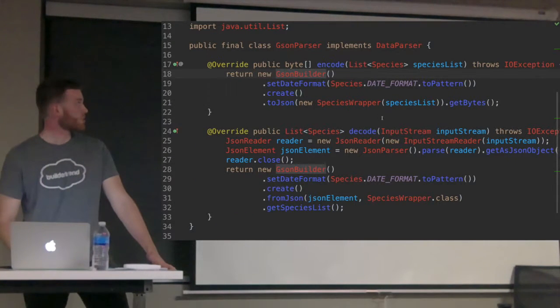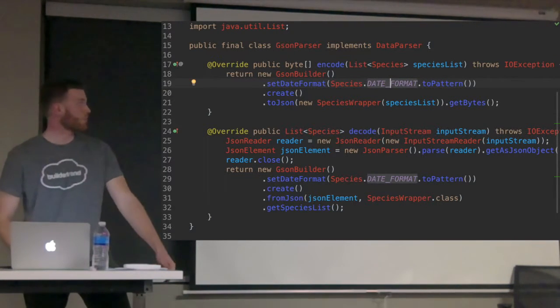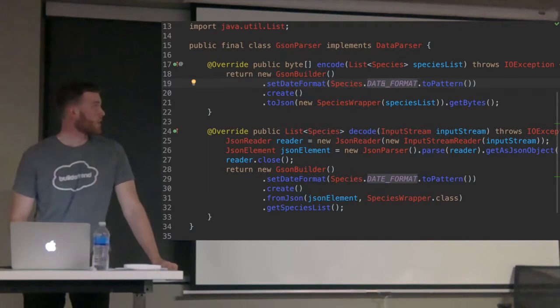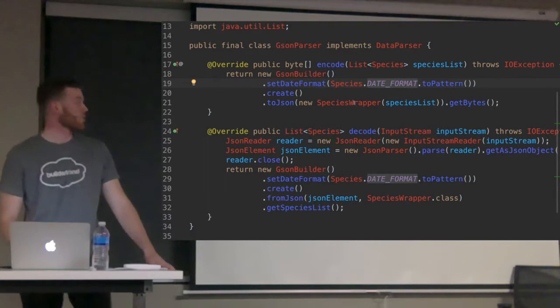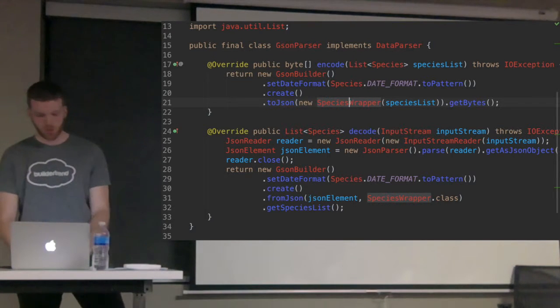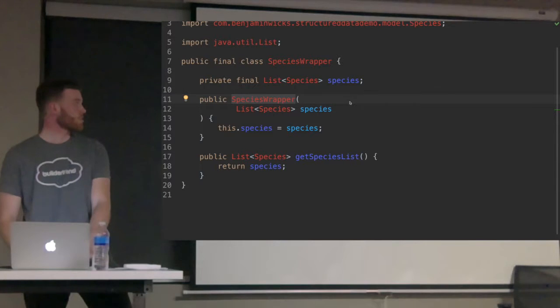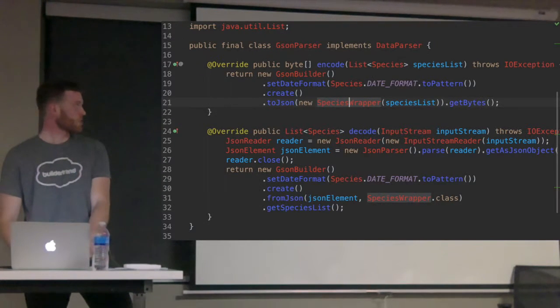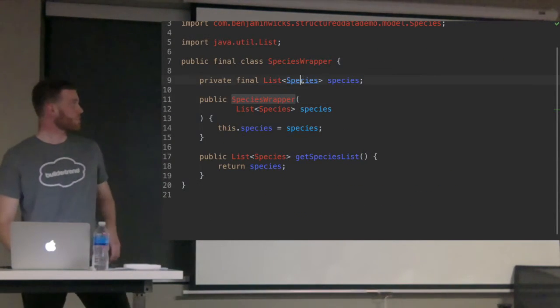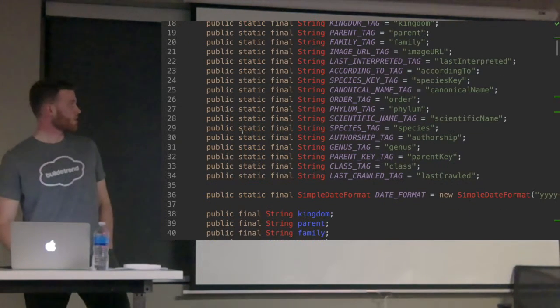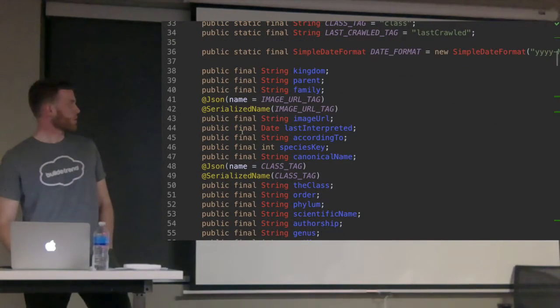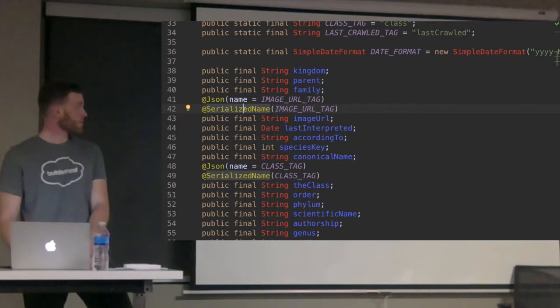So this is given to you, the JSON builder. I had to tell it how to take strings and turn them into dates by giving it a date format. And then I just had to tell it what type of file it was dealing with. So that's just a list of species. And also each field in my species class. Actually, only 2 of them had to be annotated